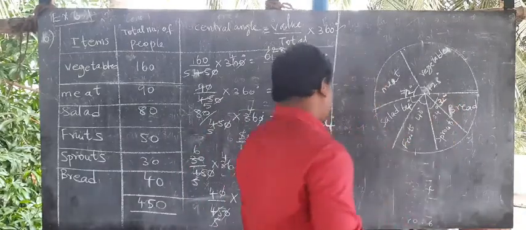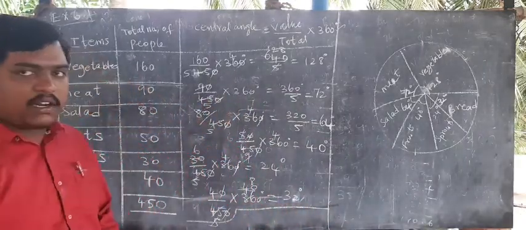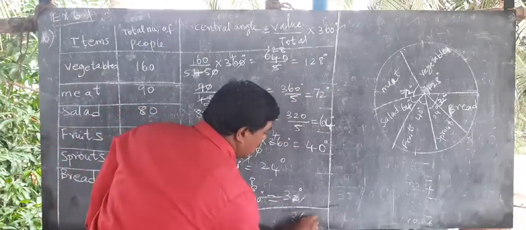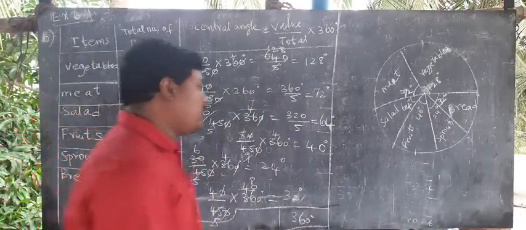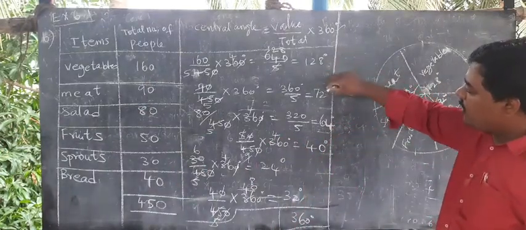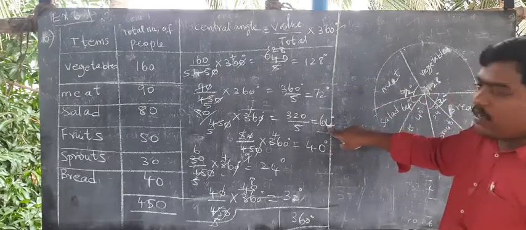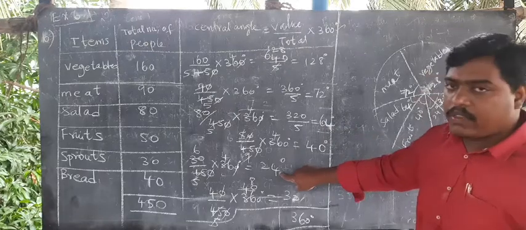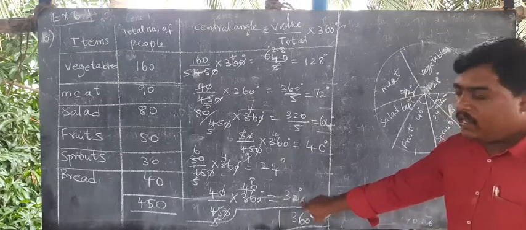Clear? Now how do we check whether this is correct or not? Because when we add these angles, we have to get 360 degree. Total degrees 360 will come. Definitely it will come. You check the answer. So 128 plus 72 is 200, 200 plus 40 is 240, plus 60 is 300, 304, plus 4 is 308, and then 20 makes 328, and then 32 makes 360.